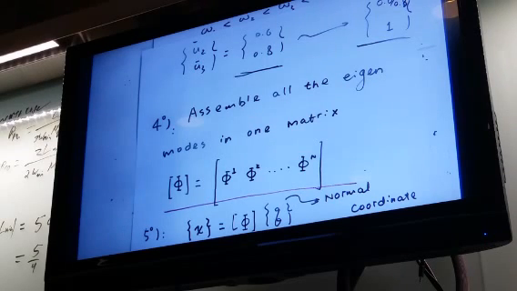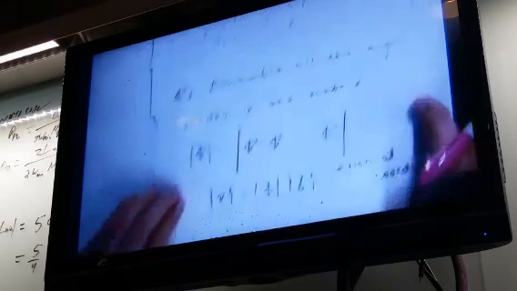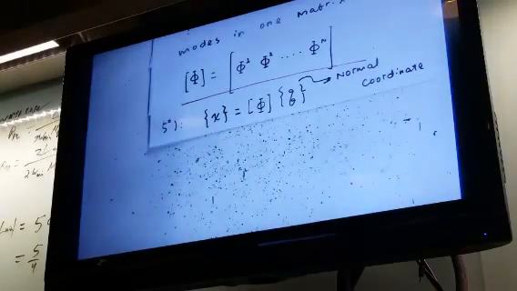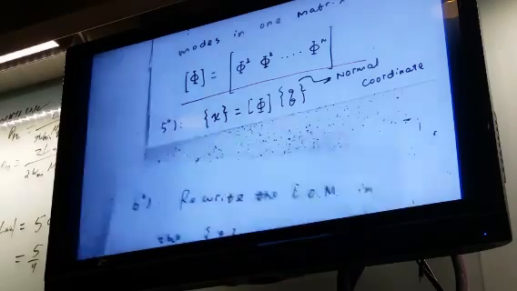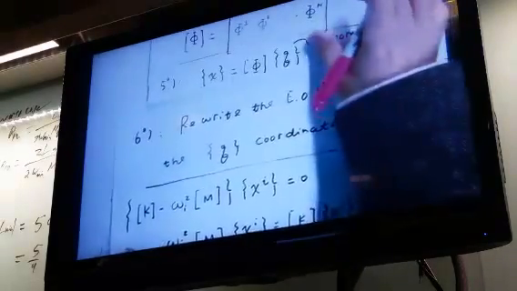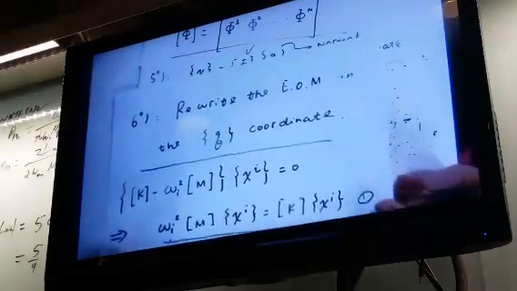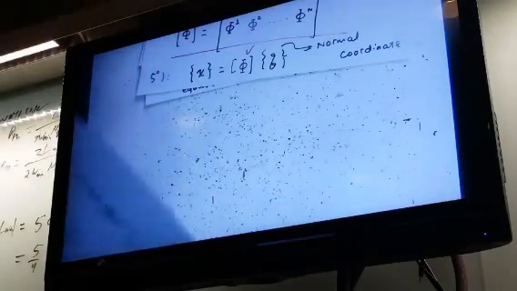Why this matrix? This matrix is going to be very useful because using this matrix, we can transform the coordinates from the Cartesian coordinate to normal coordinate. And use this matrix, we can transform all of the mass matrix, stiffness matrix, even the force matrix from the Cartesian coordinate to the normal coordinate. And we are going to solve that equation in the normal coordinate, because in normal coordinate, each equation only contains one unknown. So when you form phi matrix, do the transformation and rewrite the equation of motion into